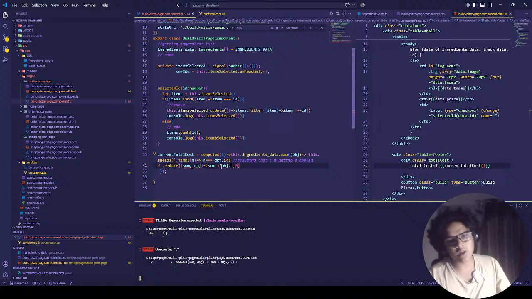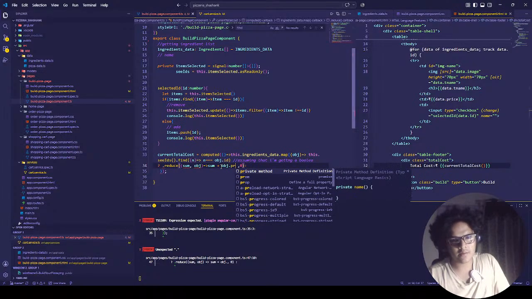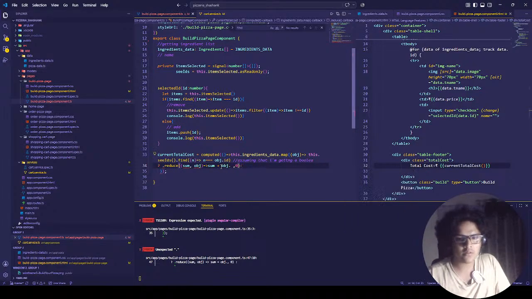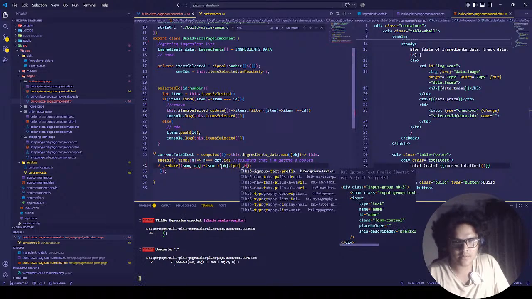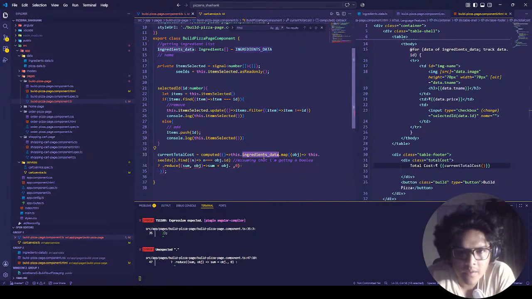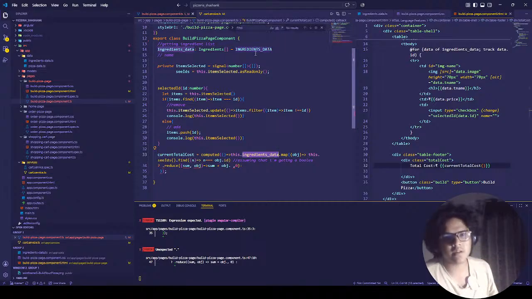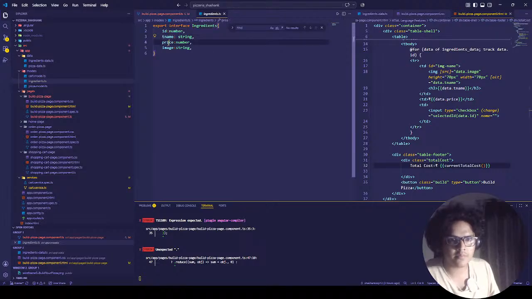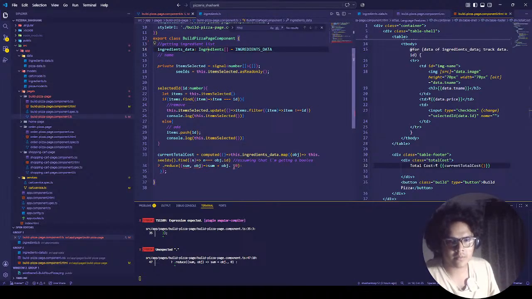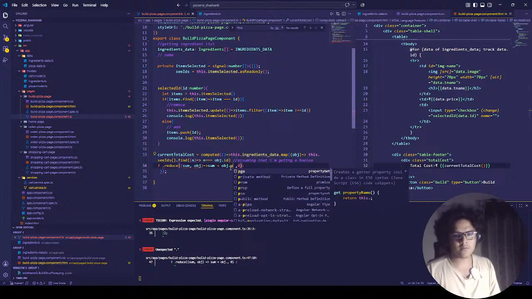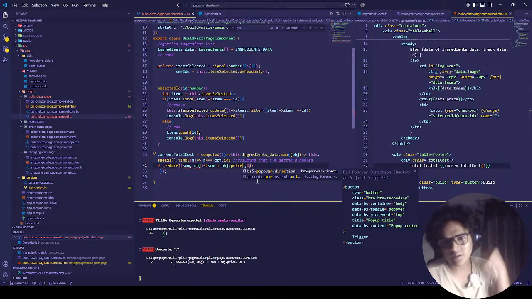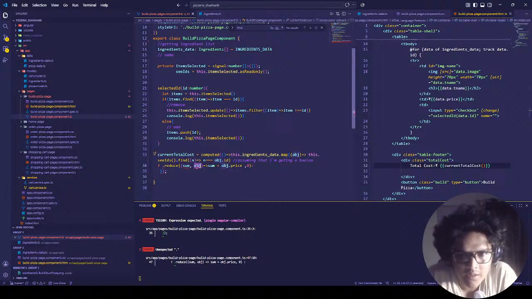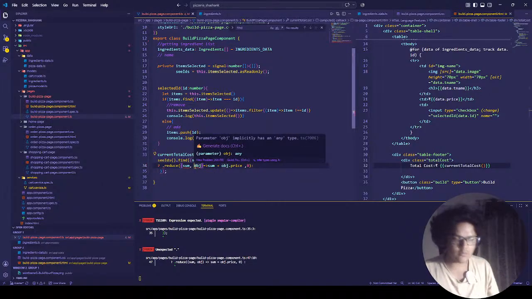ओबीजे डॉट क्या, ओबीजे डॉट किसके अंदर, ऑब्जेक्ट के अंदर क्या है, प्राइस भी तो है, टी प्राइस है मेरे ख्याल से। ये क्या है, इंग्रेडिएंट्स डेटा, हाँ इंग्रेडिएंट्स डेटा, इसके अंदर टी है, प्राइस है इसके अंदर। मैं भी तो गलत ही लिख रहा हूँ, प्राइस प्राइस आएगा, आ रहा है, क्योंकि ये पकड़ नहीं पा रहा है कि मेरा ऑब्जेक्ट क्या है, तो मैं इसको क्या लिख सकता हूँ, दिस डॉट ऑब्जेक्ट,